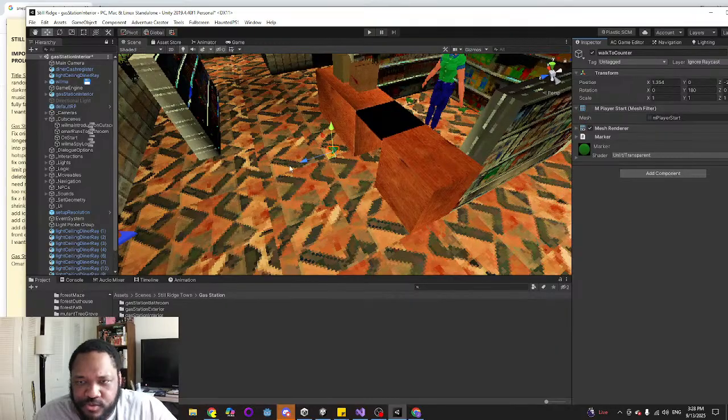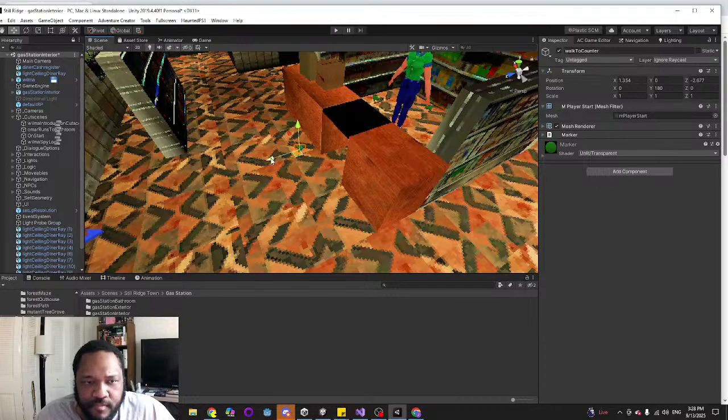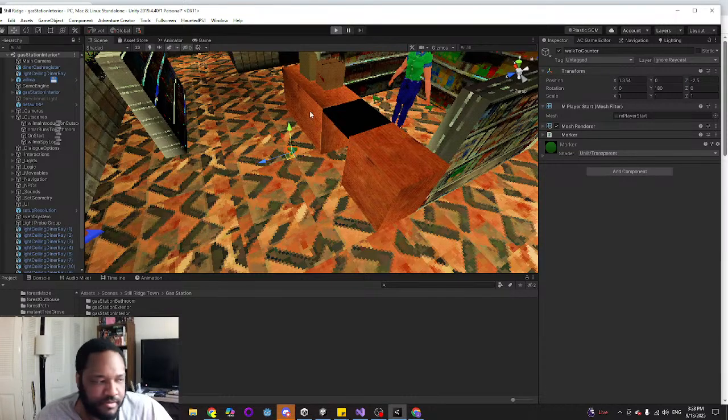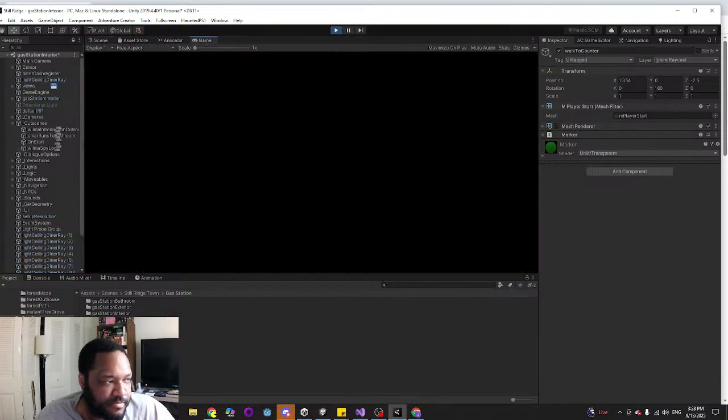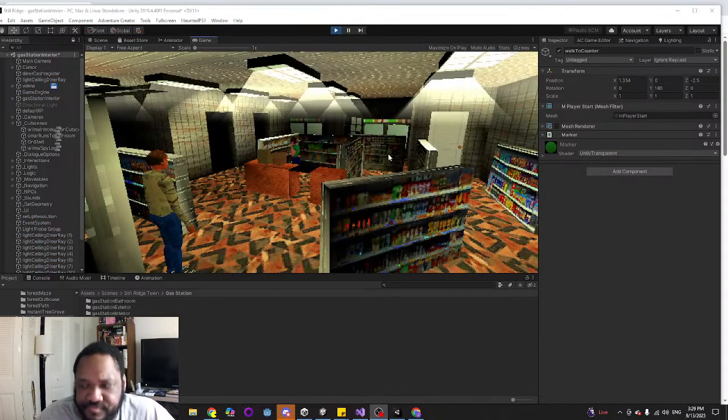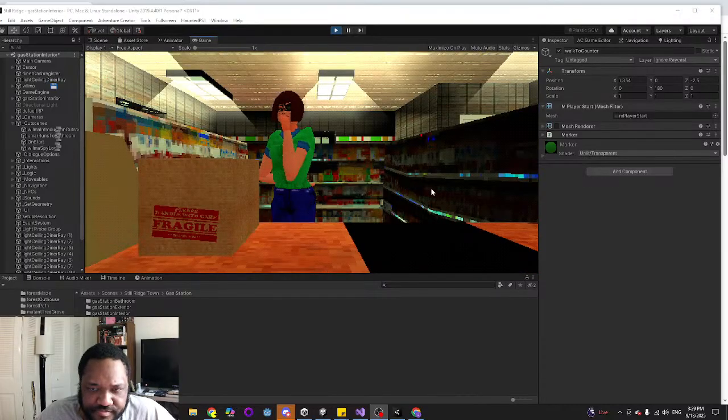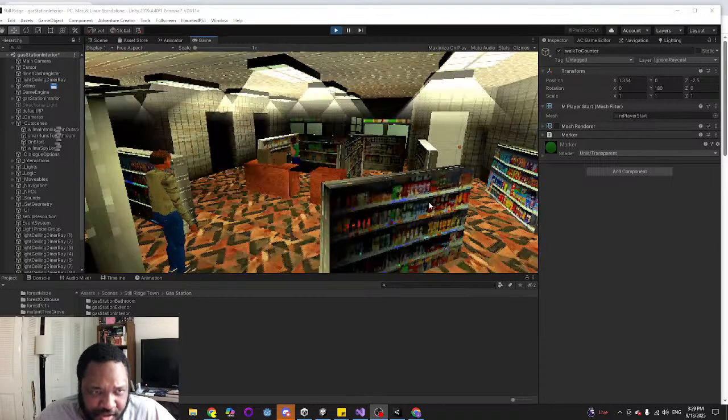So I'm going to pull this back. Hopefully my man can reach it. And then I'll have to figure out why he's just gliding later.